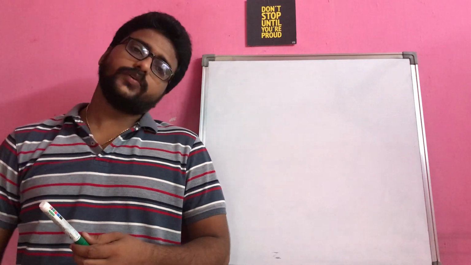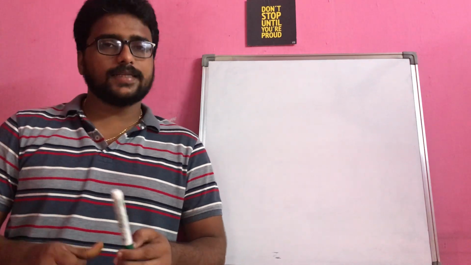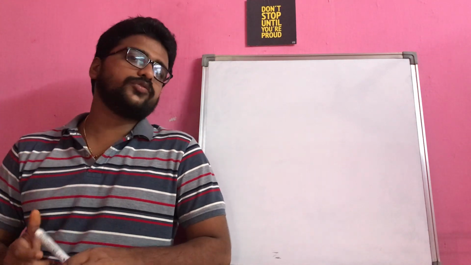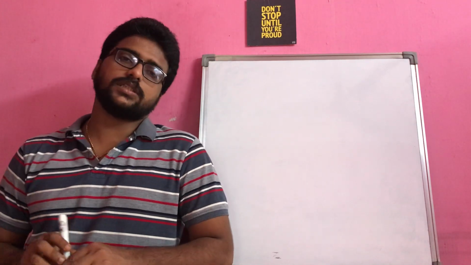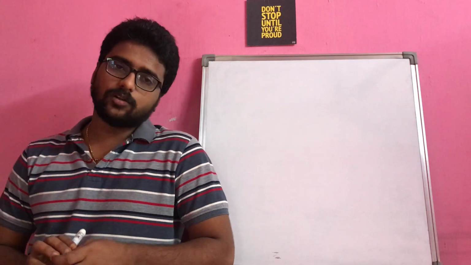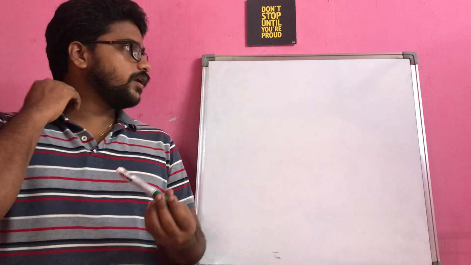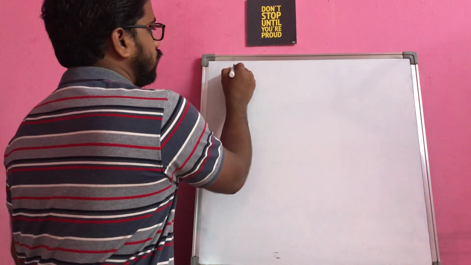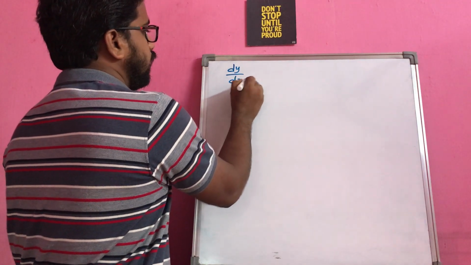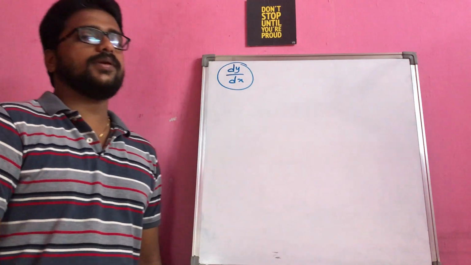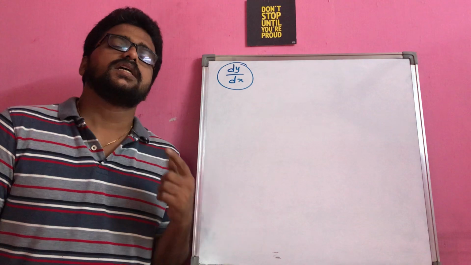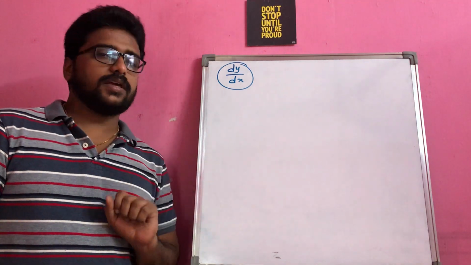So in the last class we discussed the introduction to tangents and normals. In this class we are going to discuss a few basic questions from the topic tangents and normals. As we discussed already, the equation of a tangent or the normal depends on the value of the slope that you are finding, and we know that the geometrical meaning of dy by dx is nothing but the slope of a given line.